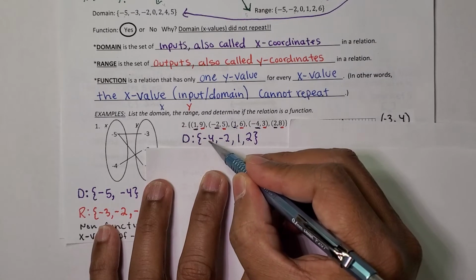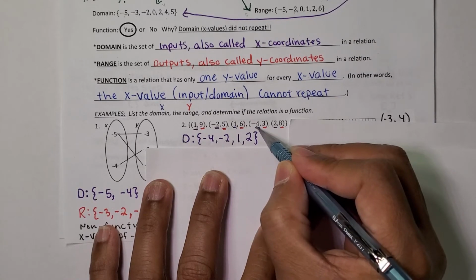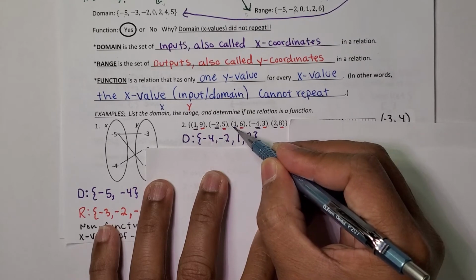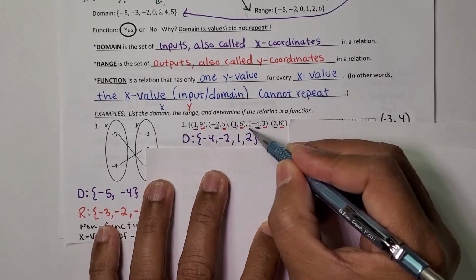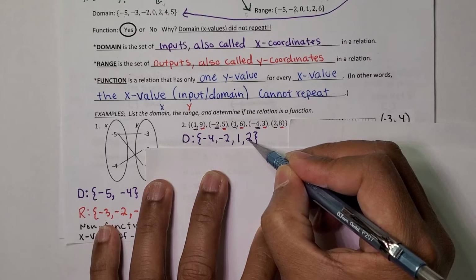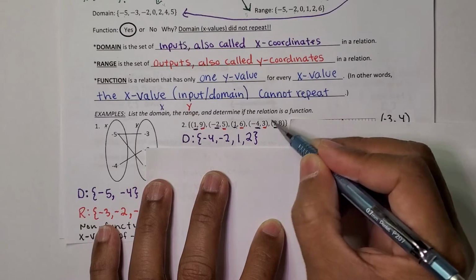So I have -4, coming from here, -2 is this one, and then the next one is 1, and 1 is listed twice, or repeats, and then 2, that's this one here. And then we have the range